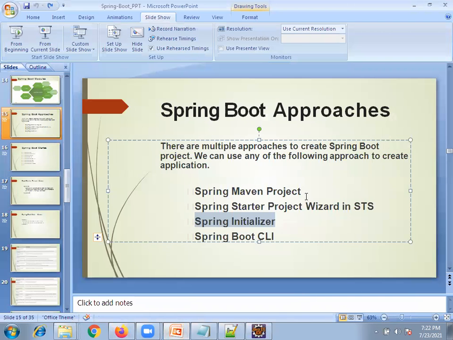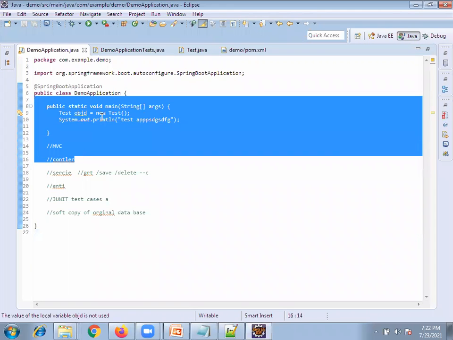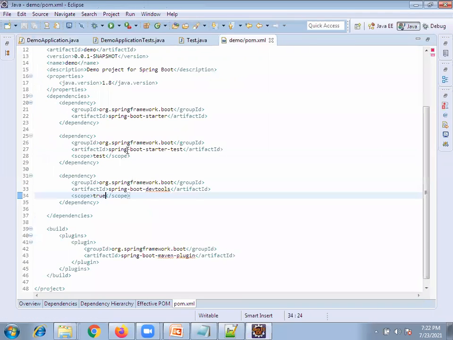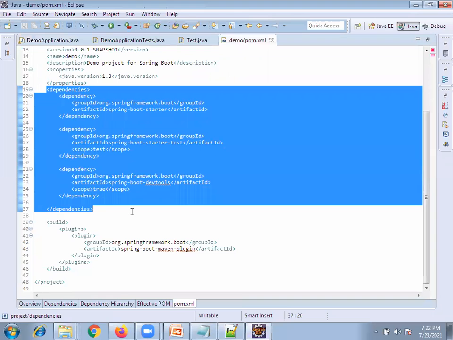The Spring Initializer is one of the ways. There are three ways. One is Maven. With Maven, you just need to create the Maven project and enable all these Spring modules yourself. You need to create one project and keep all this. Getting what I'm saying?